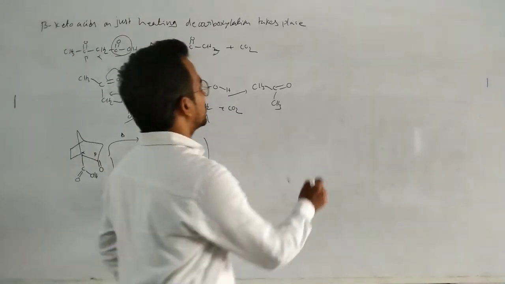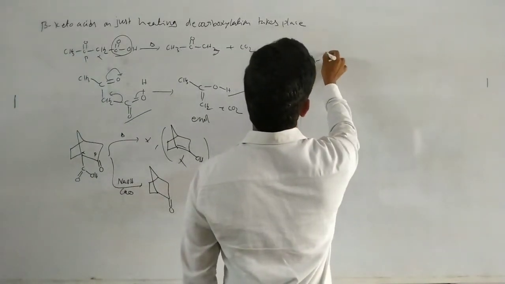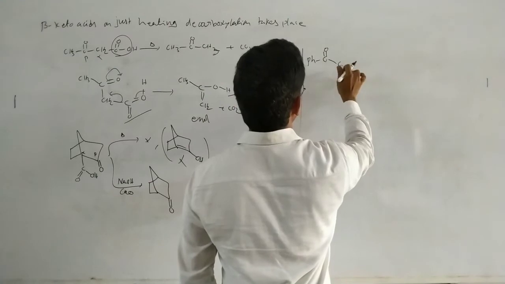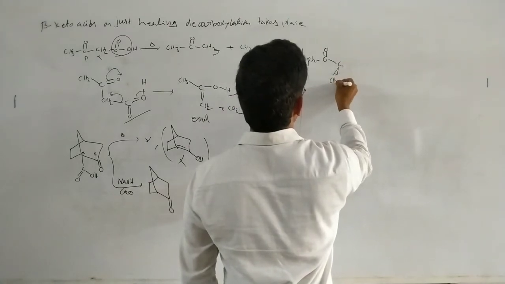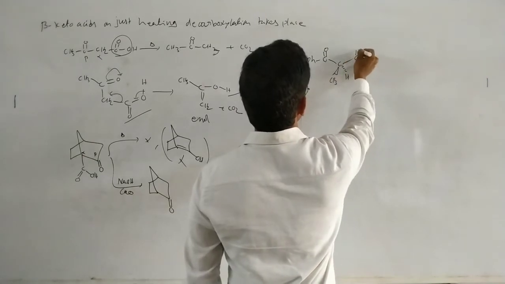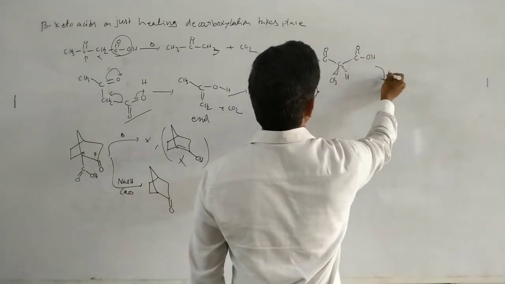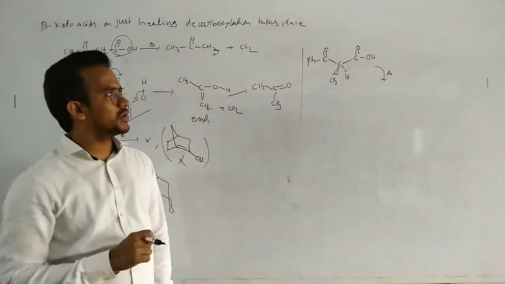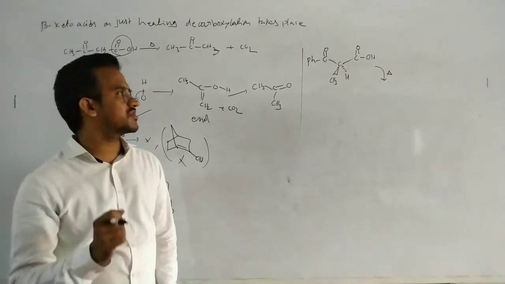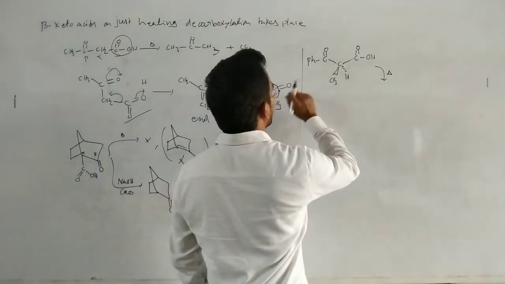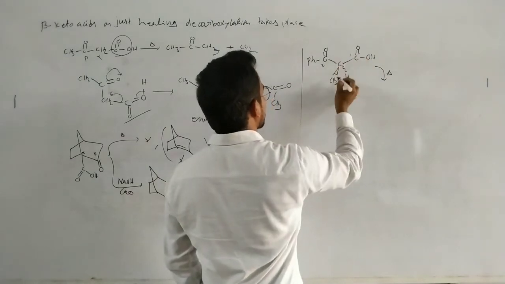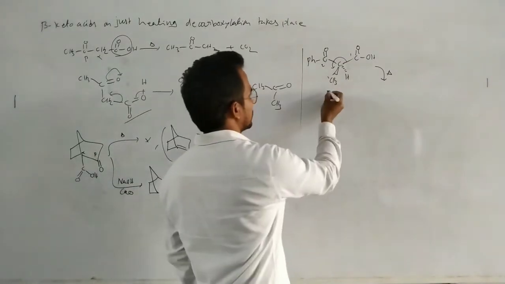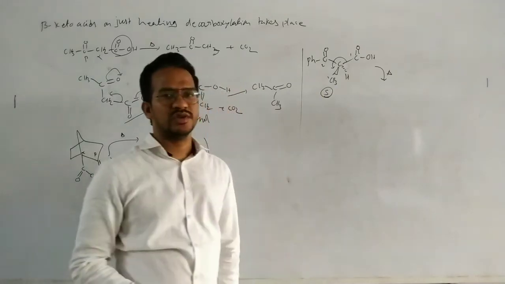And next, another very important example. For example, Ph C double bond O, and CH3 above the plane, and this one a hydrogen, and this is C double bond OH. This compound on heating. Actually here this compound has one chiral carbon, and this chiral carbon configuration is also given, and this configuration is fixed. That means here PhCO and COOH are the first priority and second priority, and CH3 the third priority. So 1, 2, 3. So of course, this one has an S configuration. Okay, S configuration. The chiral carbon configuration is the S one.